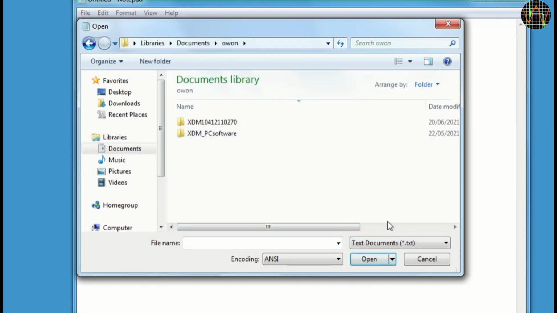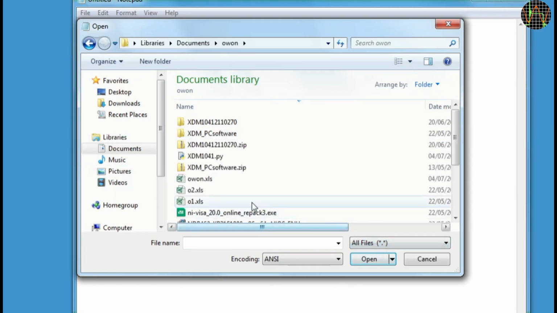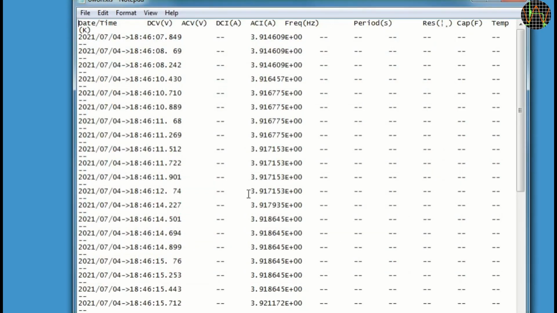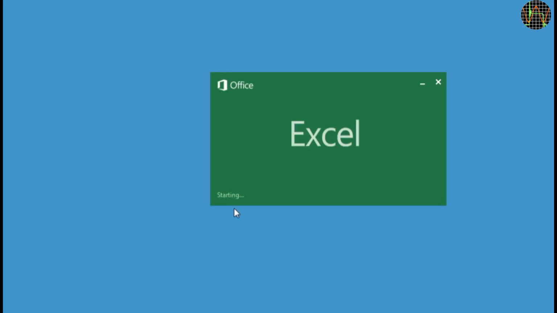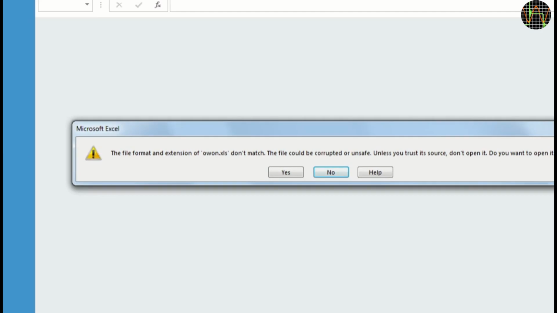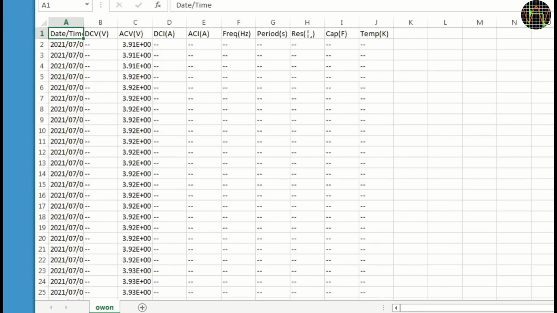I'm using Notepad first because I want to see the actual content. I somehow doubt that they created it in a Microsoft proprietary binary format. And sure enough, despite the extension, it's plain text, in a pretty useless format, not even CSV or comma-separated values. Let's see what Excel makes out of this when I double-click the recording file. Oh yes, it complains bitterly about the corrupted and unsafe file and that we should not open it. That is normally good advice, but in this case let's open it anyway, since we already know it's just plain text and does not contain malicious stuff.